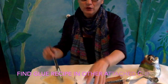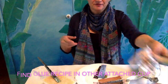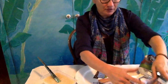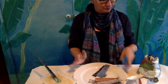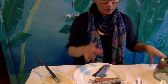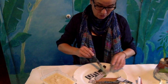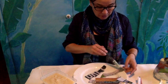Well, we have made our glue. It looks fantastic. I've also prepared all of the paper for the paper mache, so that's over here. I've done a whole stack. I've just cut them into strips. I've got glue on my hands now, so it's getting everywhere. I've also got a plate, and I have got my paper mache heads here ready to go. So what we need to do is two coats of paper macheing, and then we'll let it dry in between the two coats. If you think you need to put more on, you can do another 2 coats after that,